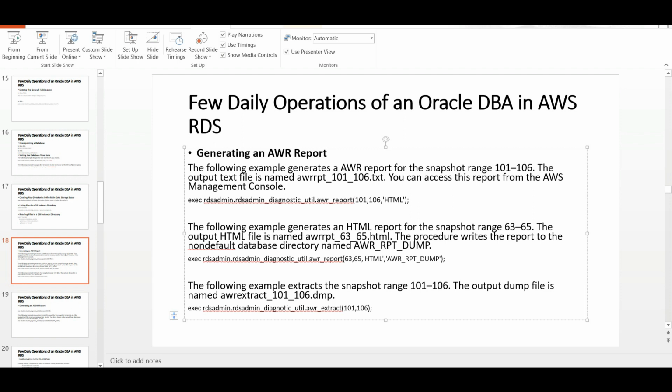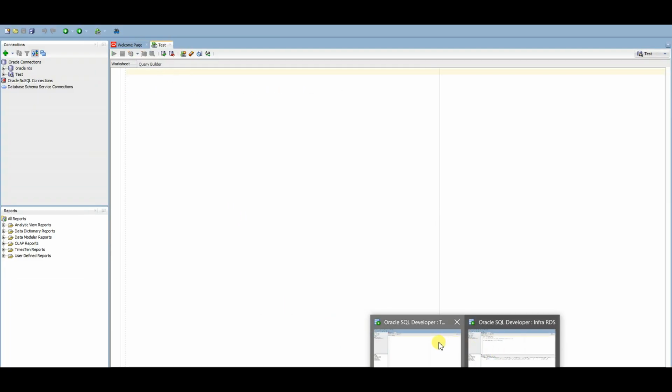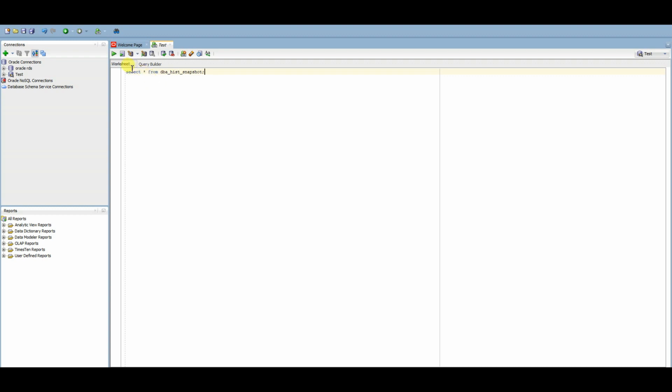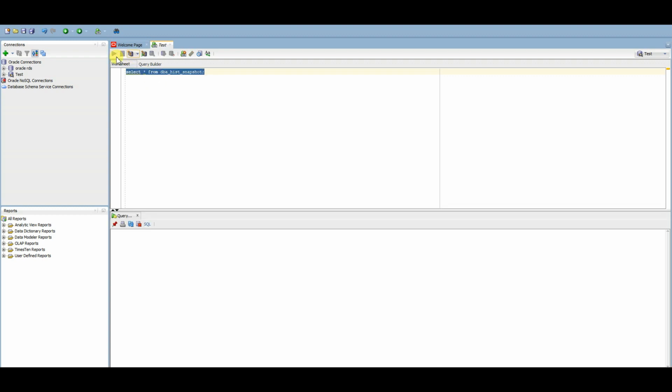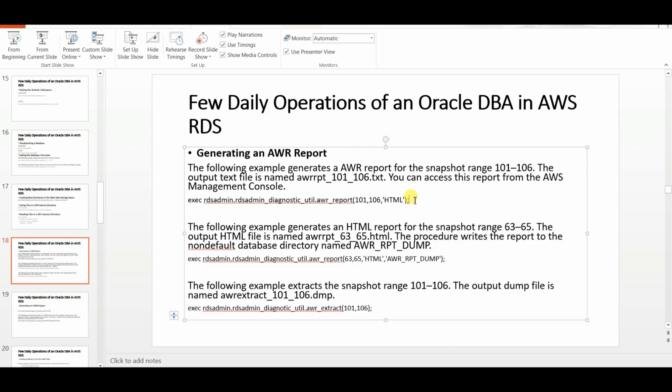So let us check now whether we have our snapshot IDs created or not. We have these many snap IDs created. Let us take snap IDs 8 and 9 and proceed.